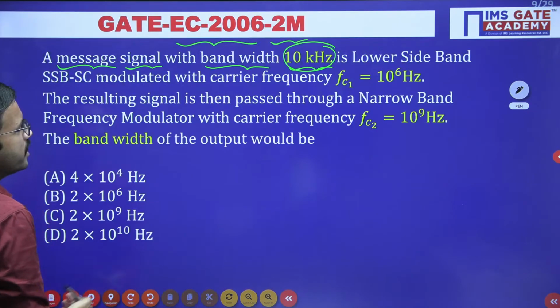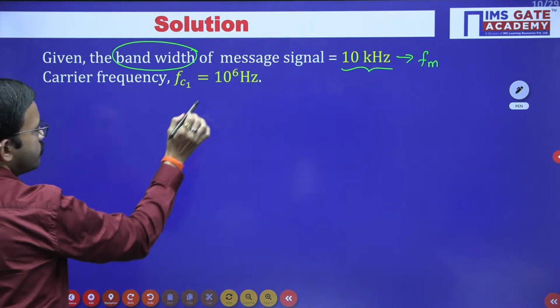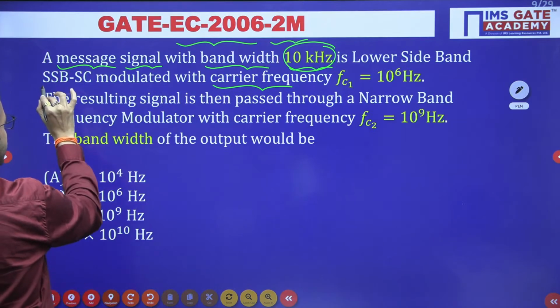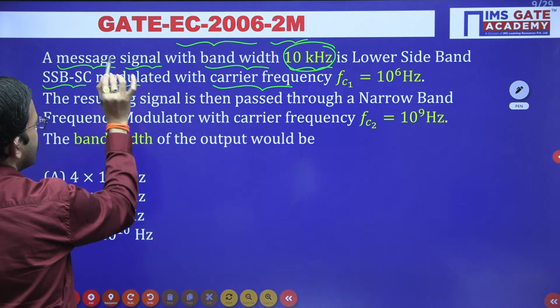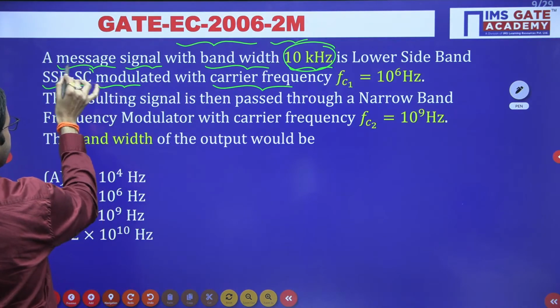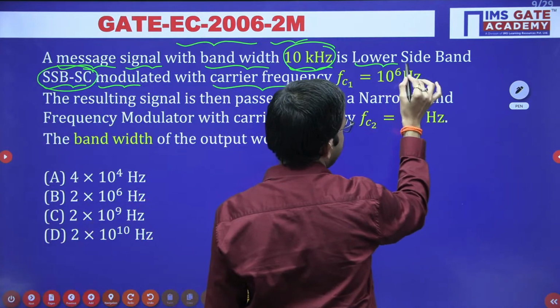Here they have mentioned the carrier frequency as 10 power 6 Hz. And they have mentioned that the message signal and carrier signal are used to get SSB-SC modulation,